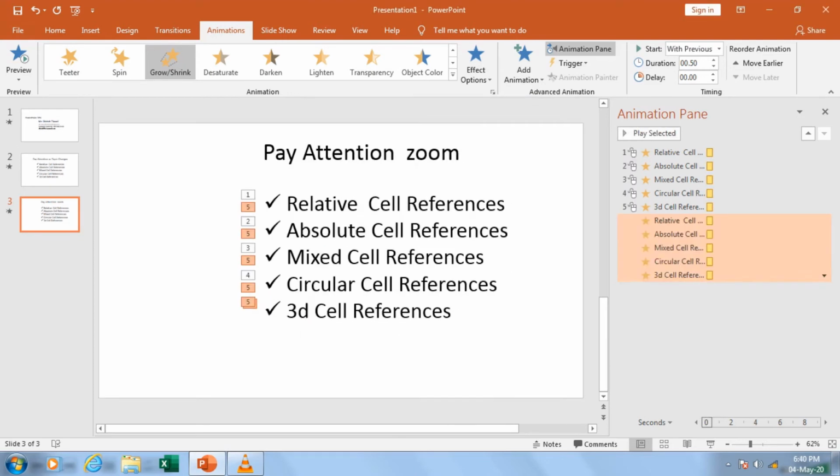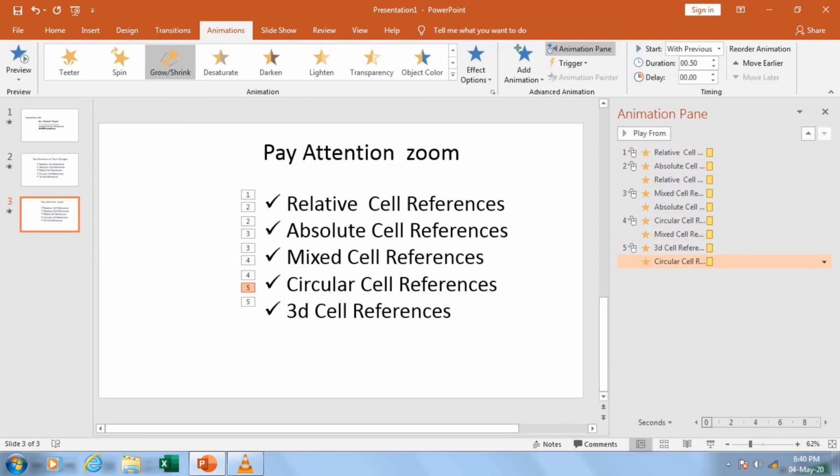Okay guys, after that this is the last option which I am going to explain to complete my video, but this is very important. What you have to do is, when this Relative Cell heading appears, after that we just switch to the next option. So you have to just drag this and release it next to Absolute. Similarly, you have to go to this Absolute option and drag it next to Mixed Cell. Similarly, the Mixed Cell option, you have to drag it and release it over here. And the last option we did, this is a 3D Cell Reference which is not required, you can just remove it.